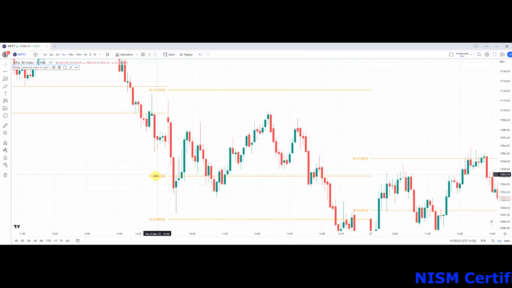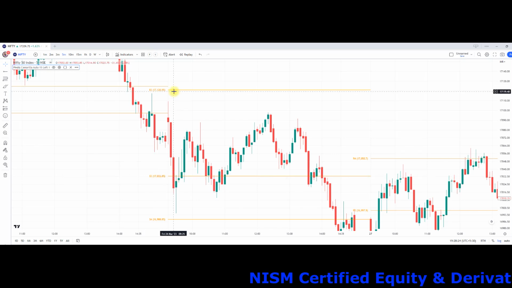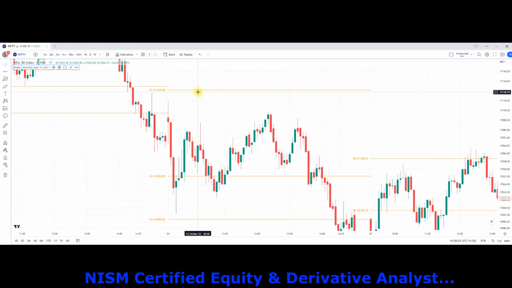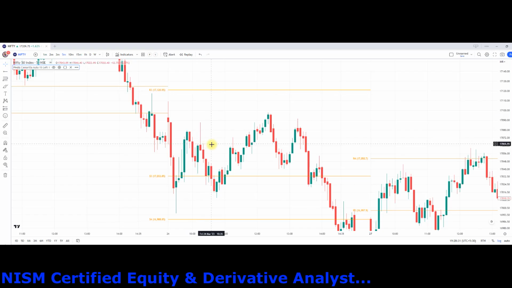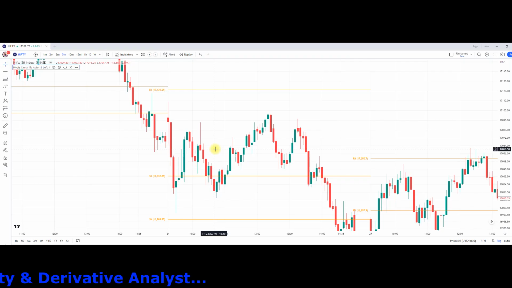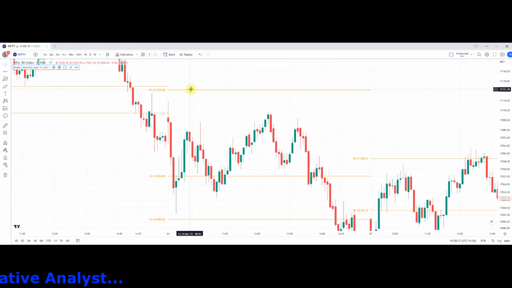So what is S3 and R3? These are the major support and resistance zones. The most important levels are the R3 and S3, that is the support and the resistance. Once the price reaches these levels, we can see the reversal back to the mean. That is, when the price is at R3, we can see that price is coming to the S3 to test